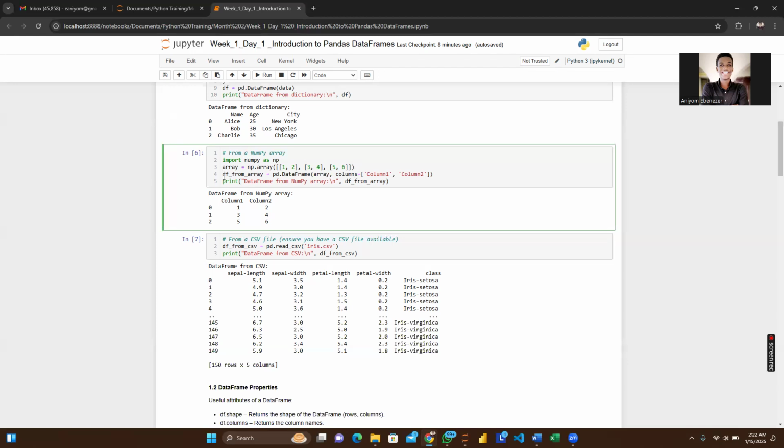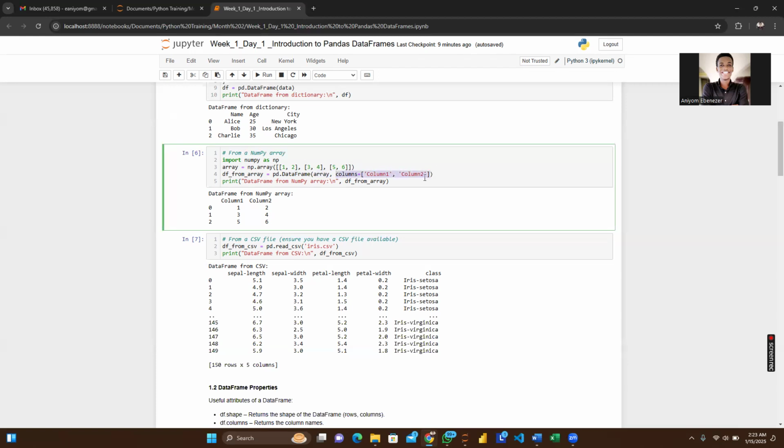I have df_from_array, and because I'm creating a data frame, I make use of pd.DataFrame, open a bracket, array,